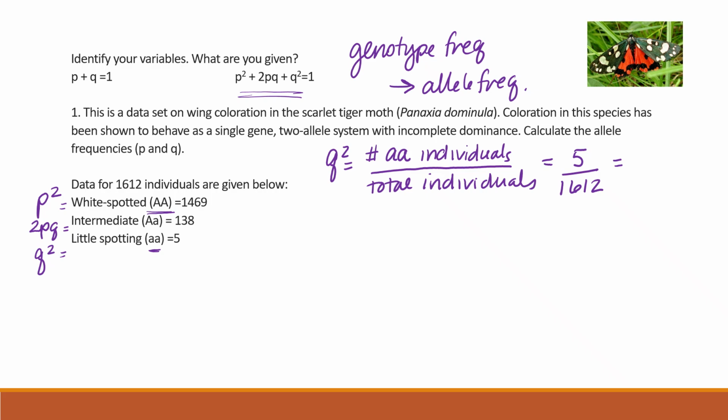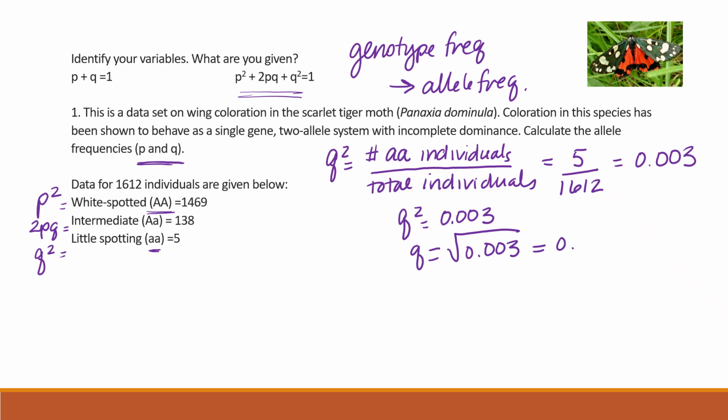So Q squared is going to be equal to 0.003. Now our question is actually asking for Q. So if Q squared equals 0.003, then the square root of Q squared, square root of 0.003, is going to give us our Q value, which is equal to